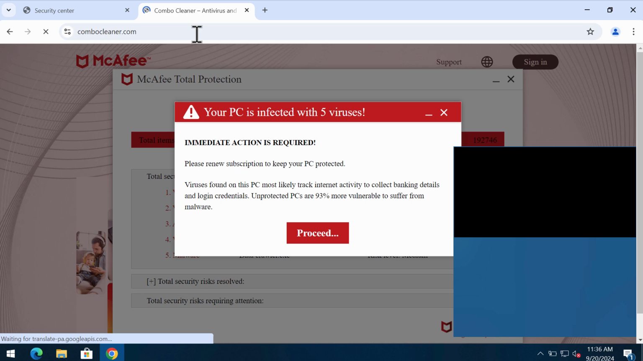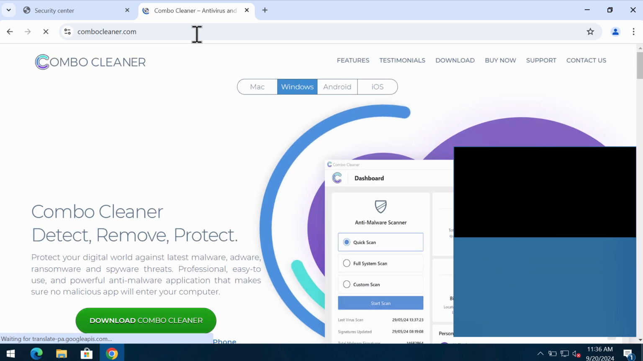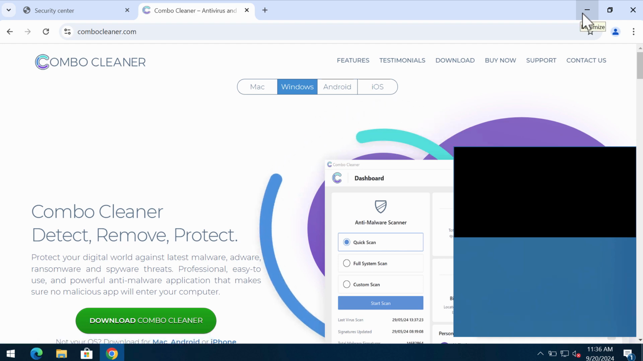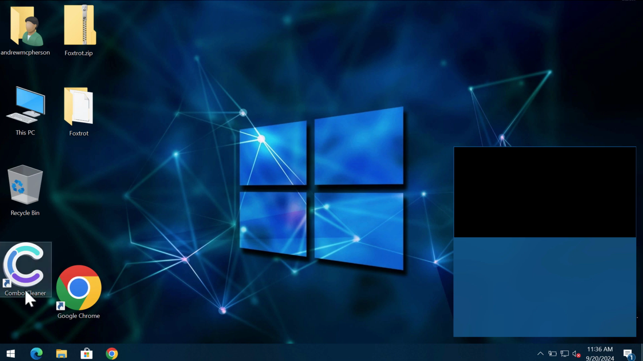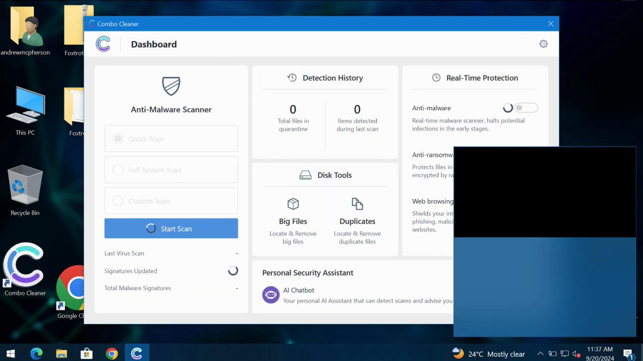I recommend you to additionally research the system with Combo Cleaner by going to the website combocleaner.com. So download the application, install it, and once the software gets successfully installed, start carefully researching the computer with its